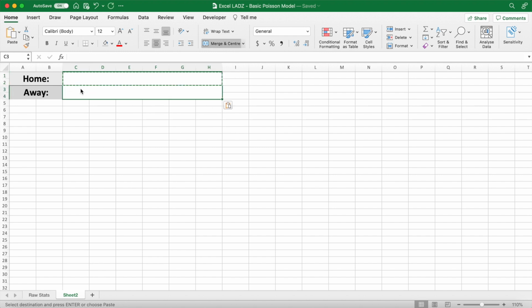So I'm going to merge and center these cells to the right, and very quickly I'm going to format them so that they look nice and neat and readable. You can put a border in between them. And so now I want to make a drop down list for each